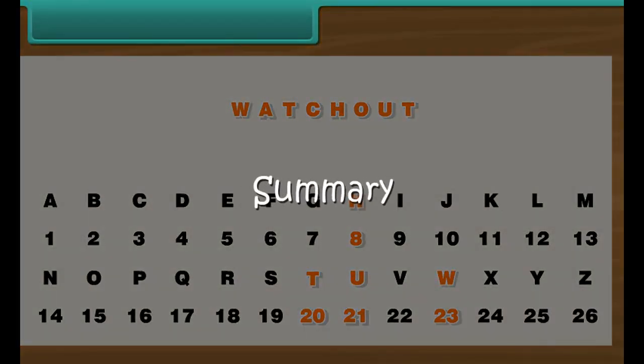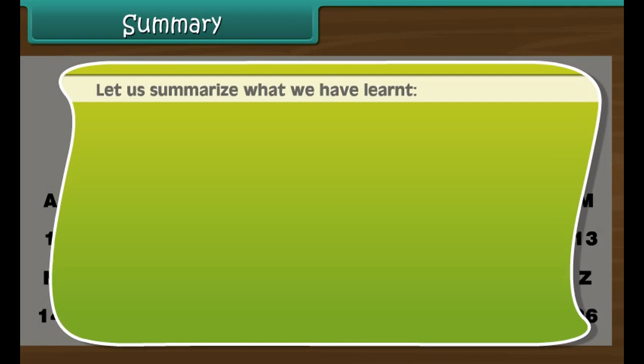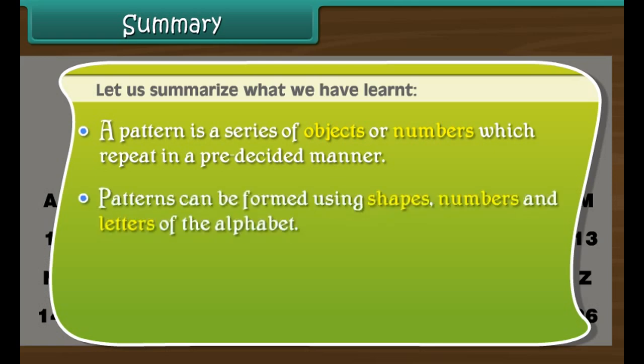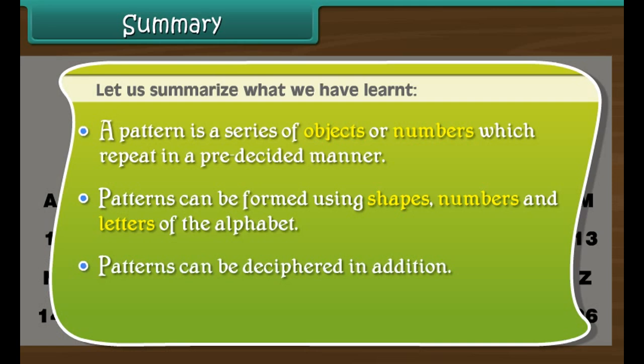Summary. Let us summarize what we have learned. A pattern is a series of objects or numbers which repeat in a pre-decided manner. Patterns can be formed using shapes, numbers, and letters of the alphabet. Patterns can be deciphered in addition. Coded